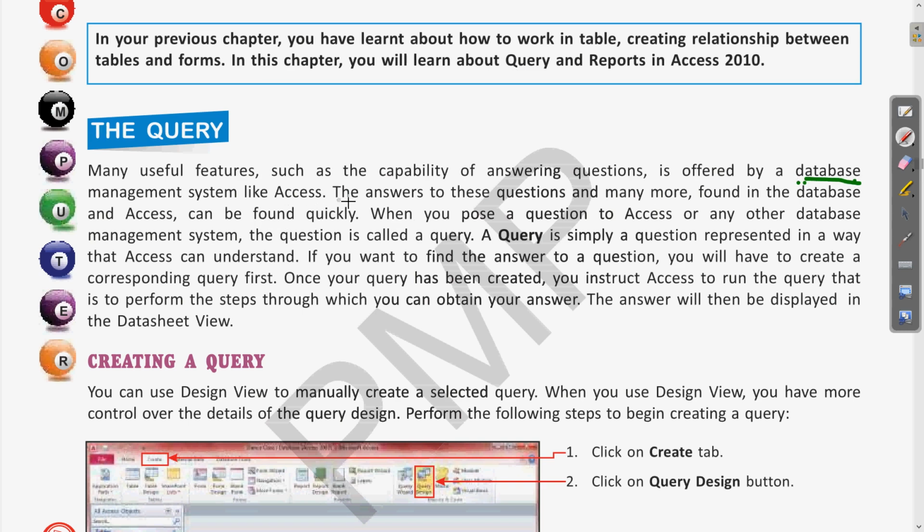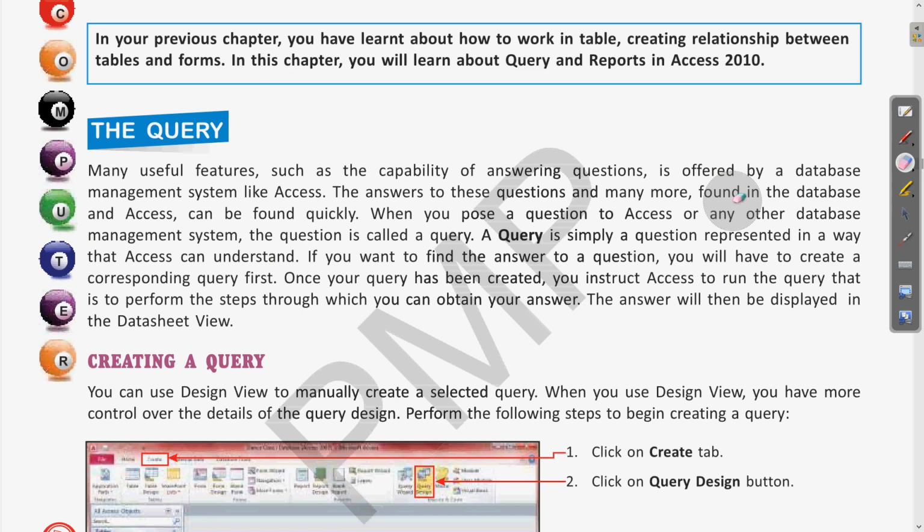Then the answers to these questions and many more are found in the databases, and Access can find them quickly. Clear? Whenever we design a database, the purpose of that database is anyhow to search something.